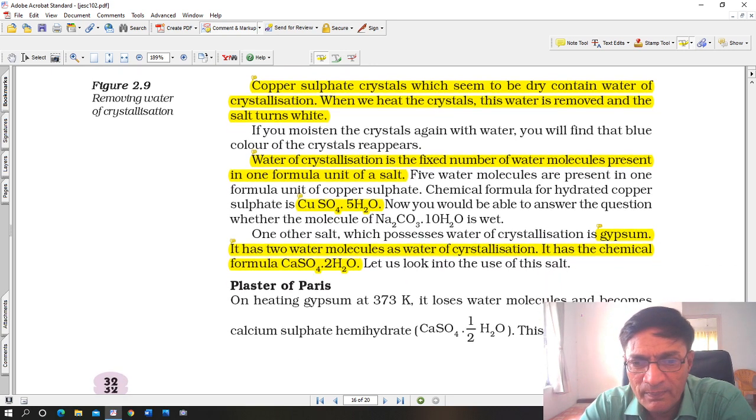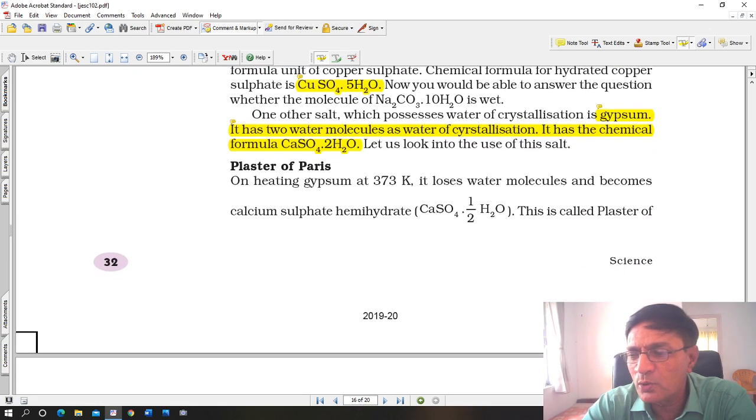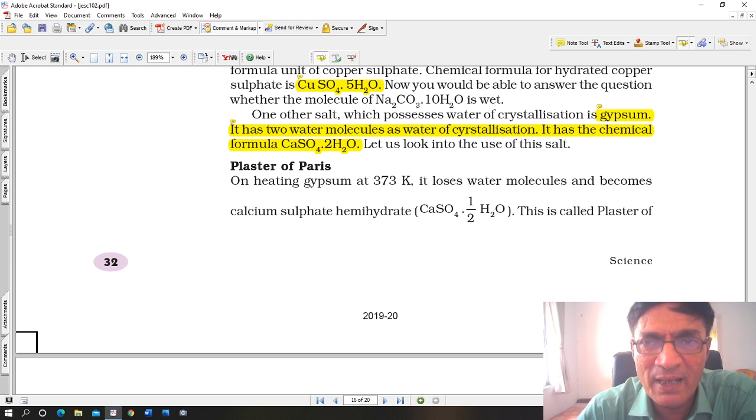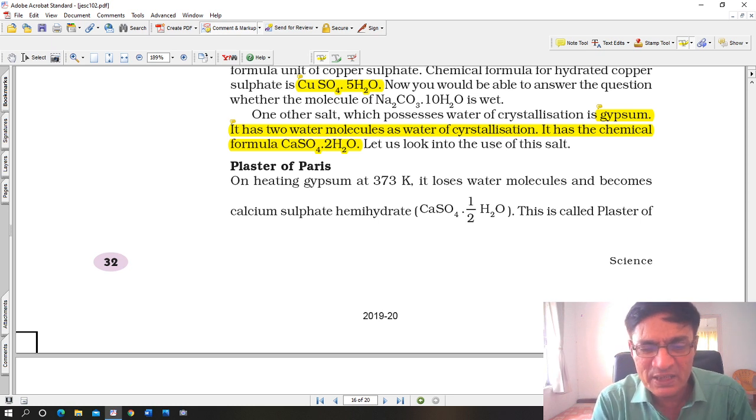Right, let's carry on. Plaster of Paris now. Of course, it's called plaster of Paris because it was first invented by a French scientist. That's why it's called the plaster of Paris. All of us have seen plaster of Paris. It is a white, off-white, cream-colored powder. Actually, it is quite white in color. Okay, you can take it in your hand also. It's harmless. When you put water in it, it quickly hardens.